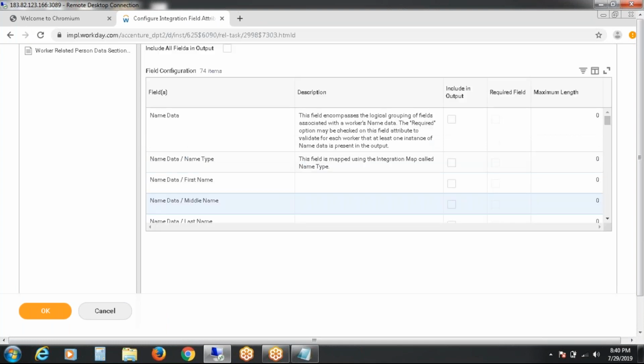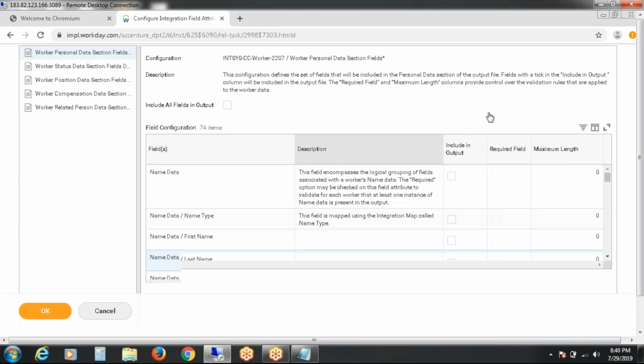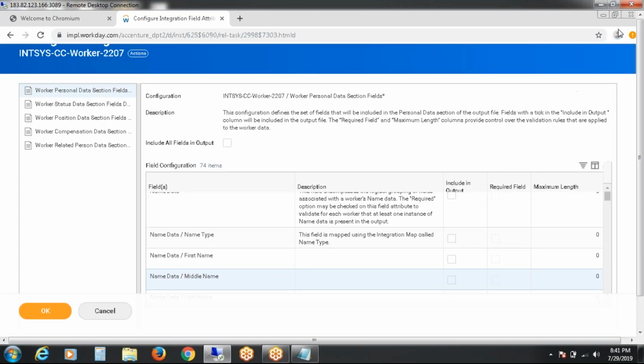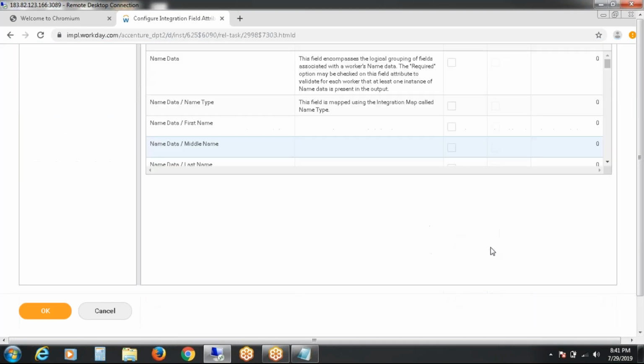So in reports and all, we just type the name and we will call accordingly. But here it is not like that. You just check the box. That's it. So please select for output. You need to include this as output. Select the name data completely. So you want first name, please select. You want last name, please select. So like that you can select.